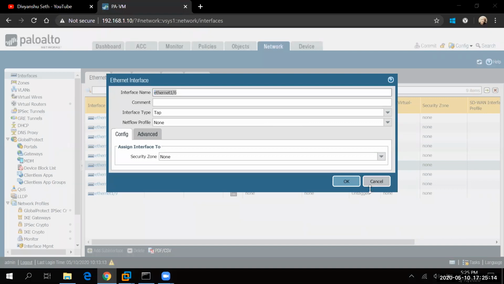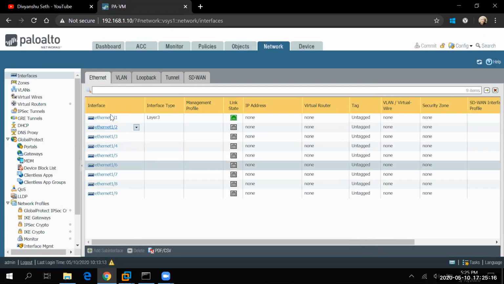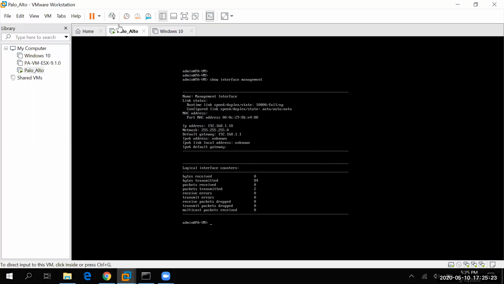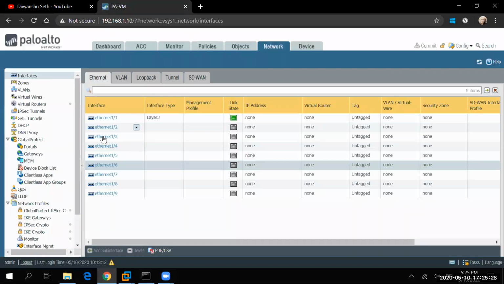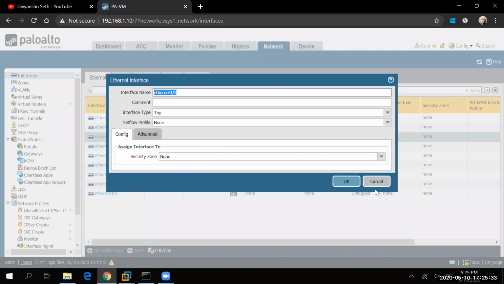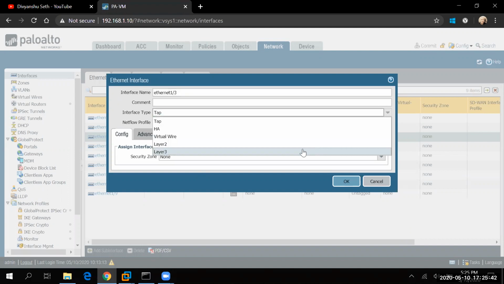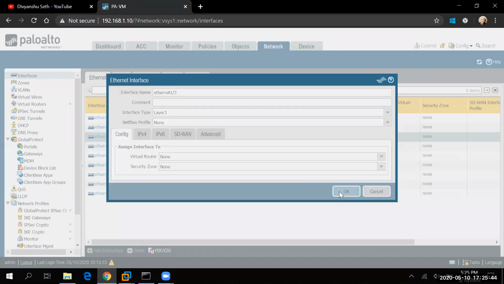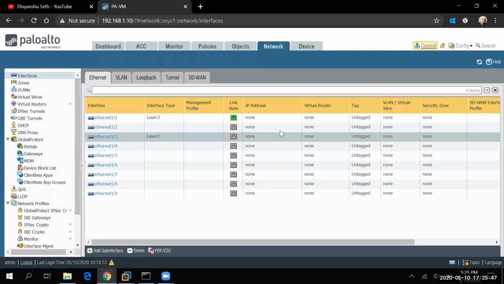Let me do one thing. I told you that 1 by 1 and 1 by 2 will come up, right? 1 by 3 will not come up because it is not in the network adapter. If I add one more adapter, it will then come up. Let me show you that one also. Let me select here the layer 3 interface, click OK and do a commit.